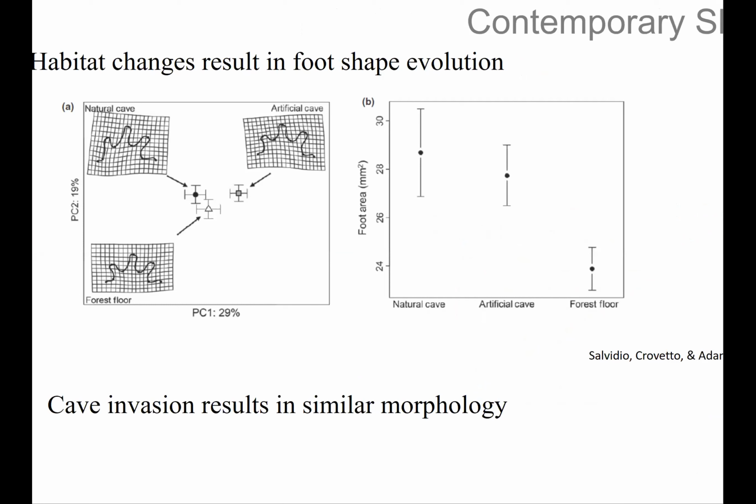Second piece of evidence bolstering that hypothesis is shown here. Here we're looking at 3 populations, one that's primarily terrestrial in the forest floor, one that occupies a natural cave, and the third has recently colonized an artificial cave. And we know this because this was a cave built during World War II to serve as a bomb shelter. And what we see on the right is that the foot morphology, in this case foot area, is again converging on a common cave dwelling morphology. So again, invasion into this habitat